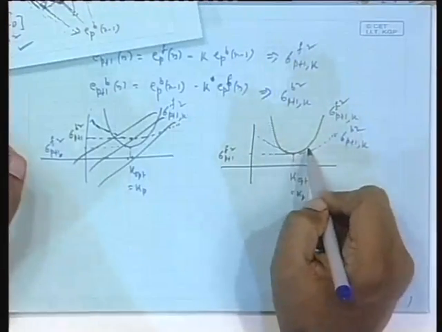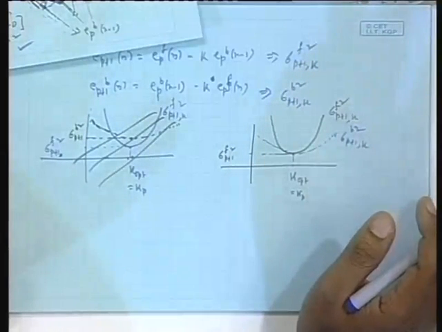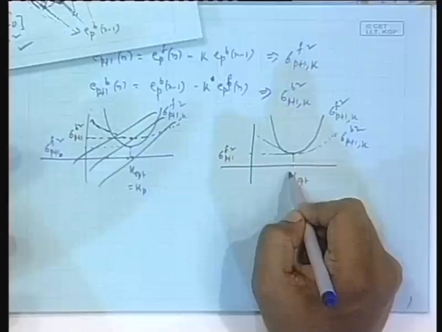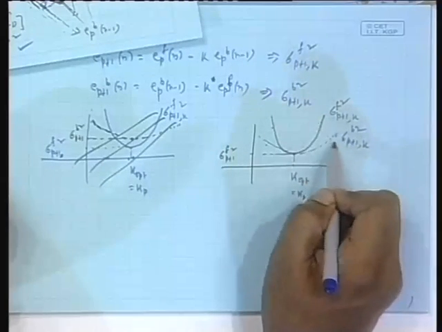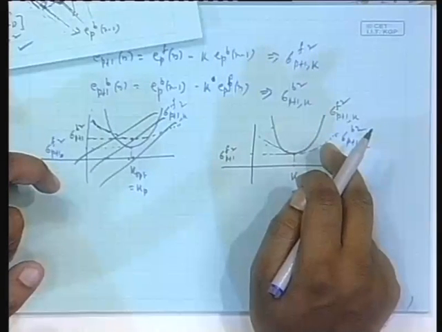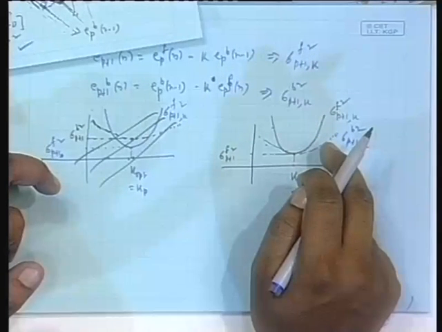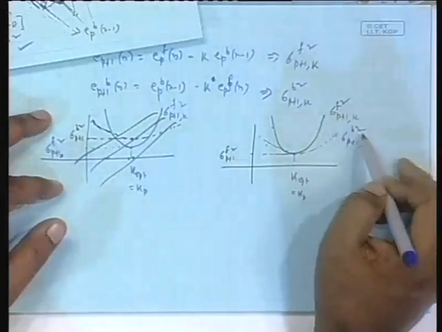Now the question is, each is a quadratic function of k. This also is a quadratic function of k. So the summation also is a quadratic function of k. That will have only one minima. So then what do we do? Instead of taking this or this, we add the two, and that we minimize with respect to k. That is what is done. So neither this fellow nor this fellow, but just the addition.